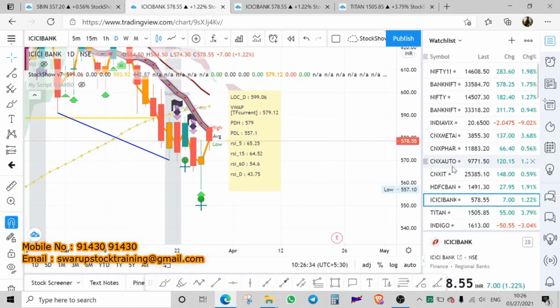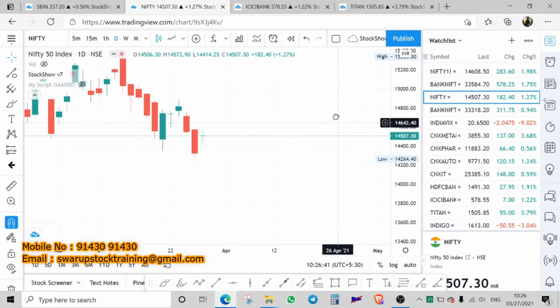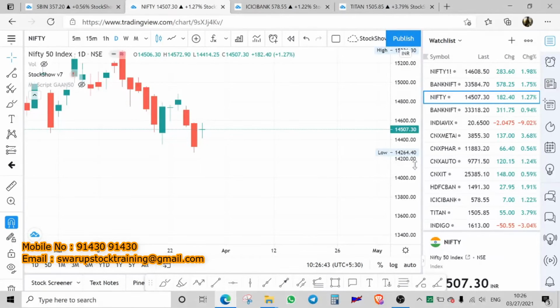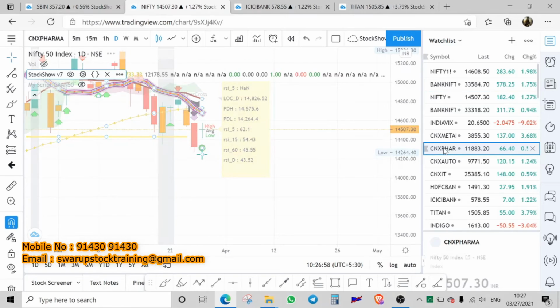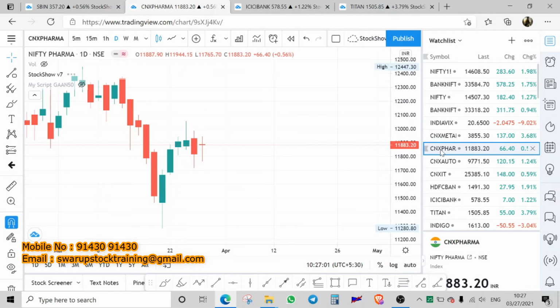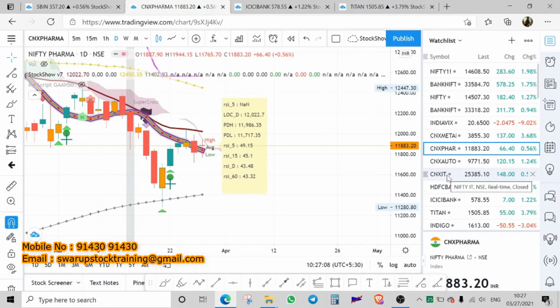Let's say I move to Nifty. What is the current trend? Because it has the ability to give you the entire thing in one color, in one snapshot, how it is going to be done. Okay, so let's see how Nifty is giving. Nifty no trend. Okay, let's say pharma sector, what is the trend? So it gives you immediately, I don't have to calculate anything, you will get this trend replicated here. No trend.